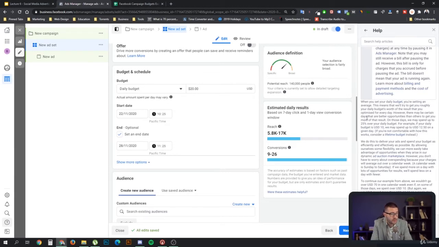However, there might be certain days that are better opportunities than others, they say, to get you more of those results, and on those days they might spend up to 25% over your daily budget. So they're not like Google, and they're not going to spend 200% on that, and that is something for you to consider,